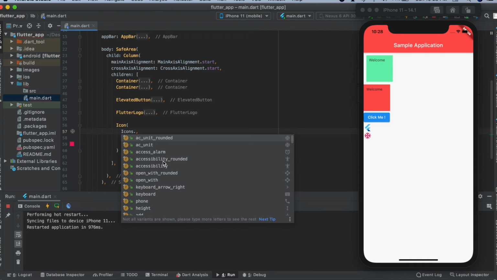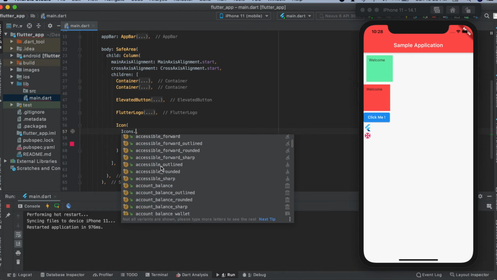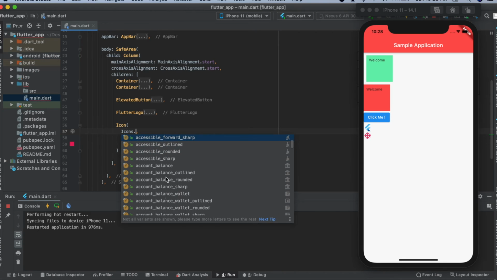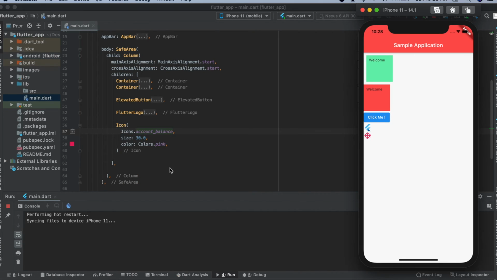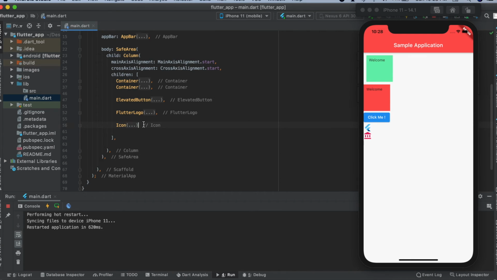Yeah, so there is a variety of icons we can add. You can see a list from this. You can change it. You can change your colors. You can customize the icon also. Like suppose I took this. Okay, let me take this. So it would be like this. Yeah, so this was your icon.